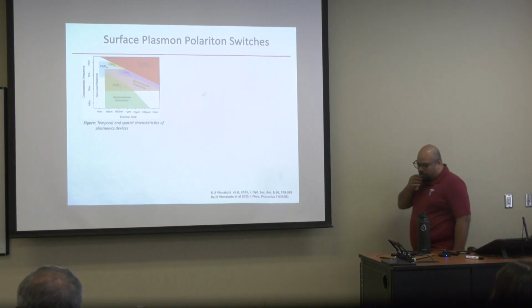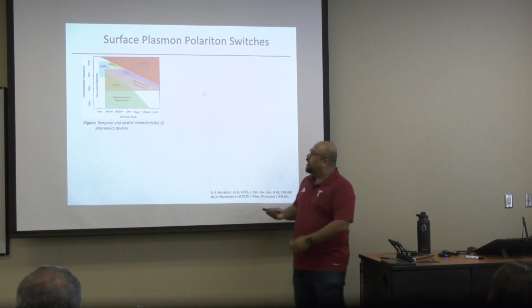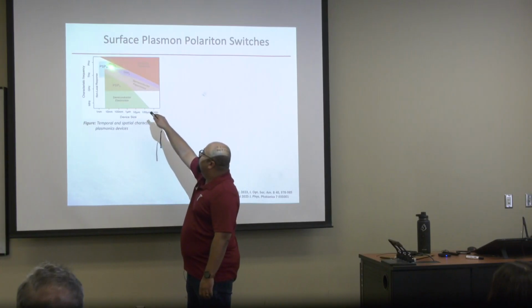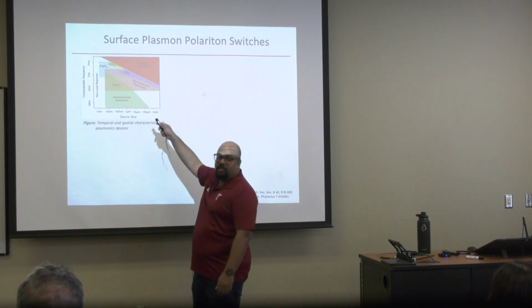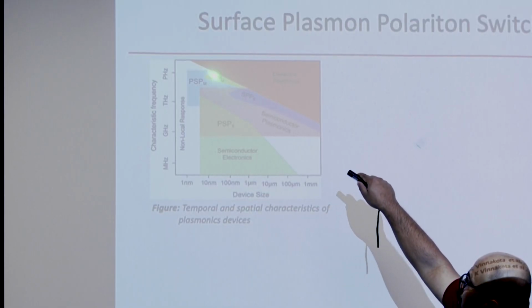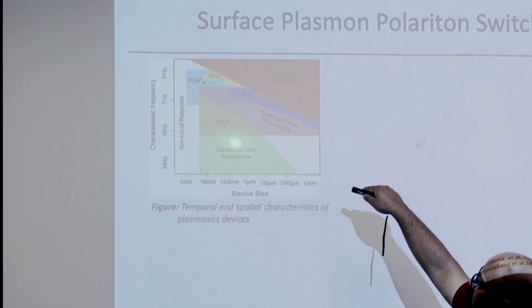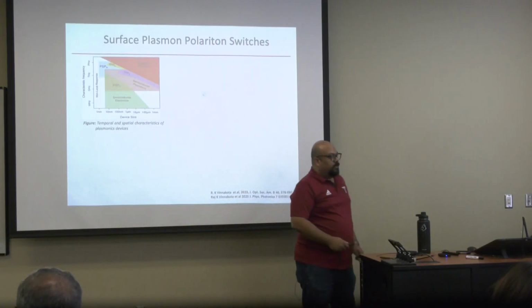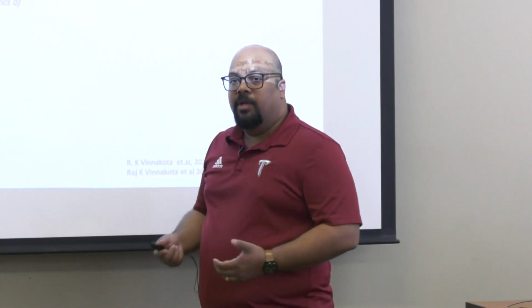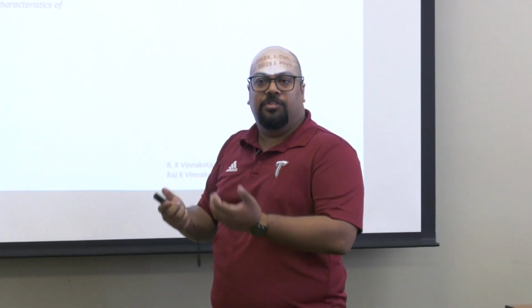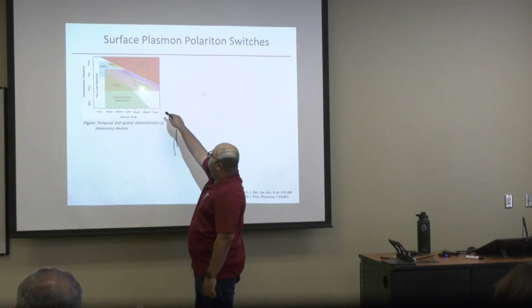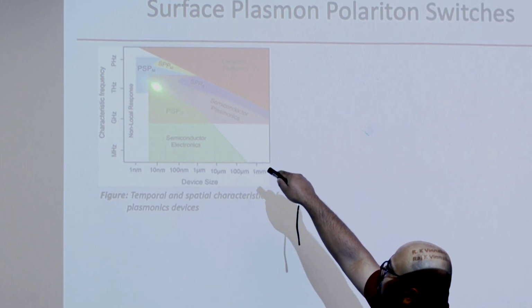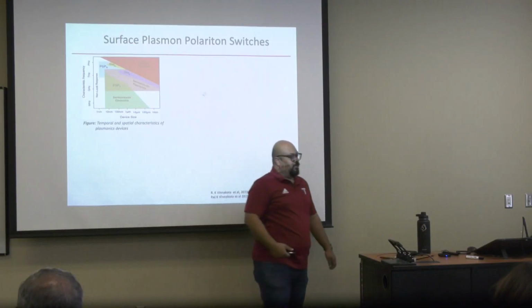So this particular plot tells us why we need the importance of semiconductor plasmonics. The metal-based plasmonics have a lot of speed that they can offer. But can they match or integrate into the semiconductor electronics? Basically very difficult, because there's a gap here, you see? Because the clock speed at which the semiconductor electronics work is different, the feature size is different. But the semiconductor plasmonics can match the feature size, and also they can give larger characteristic frequency of operation.